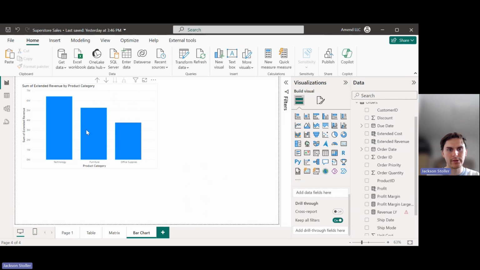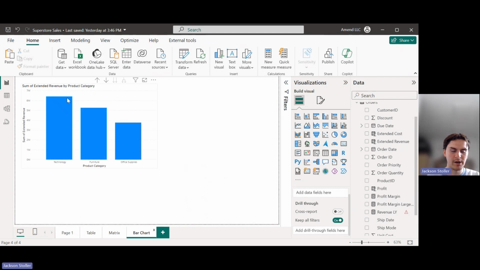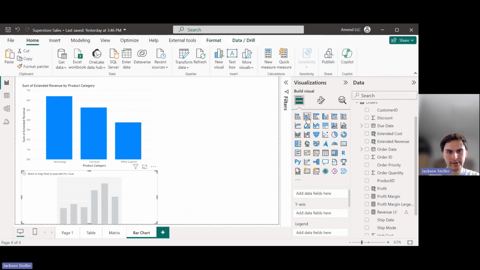So if I look at this bar chart that I've created, you'll see it looks very similar to all of this data that I have right here. It's actually just a simple aggregation of total revenue by product category. If I want to bring in and do the same thing, I'll just pull in this stacked column chart,